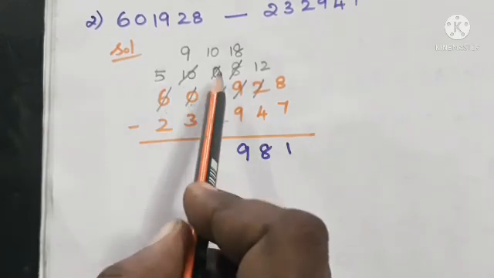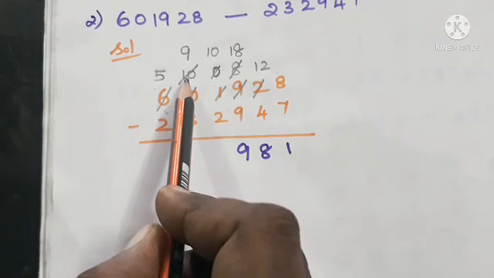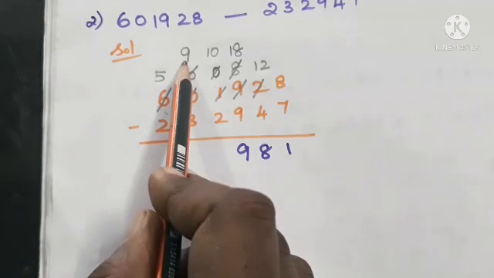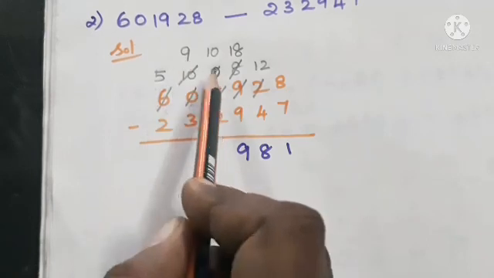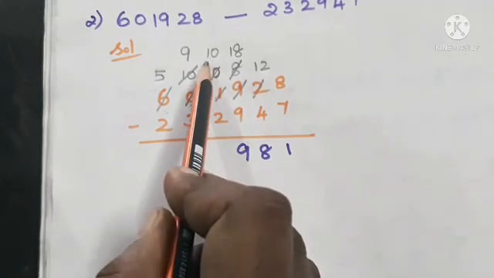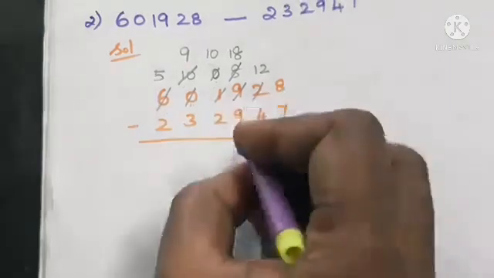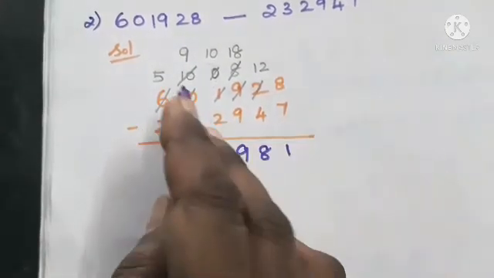Next we have to give a number here now. If you are taking a number from 10, 10 will change to what? The number before is 9. It will change to 9 and this 0 will change to 10 now. Okay, now 10 minus 2. 10 minus 2 is what? Yes, 8. Next, 9 minus 3.